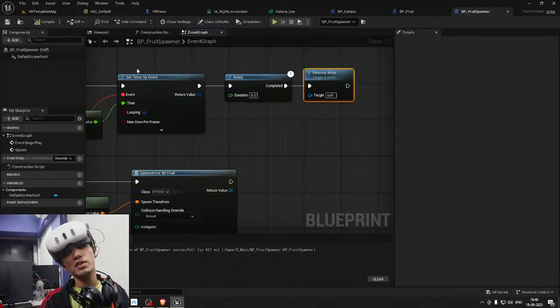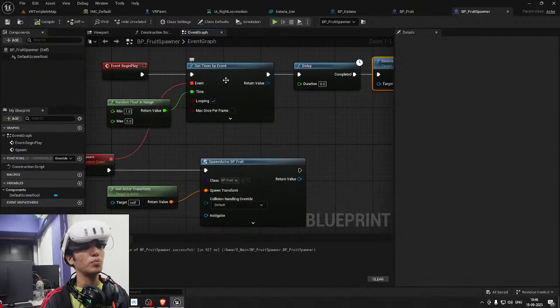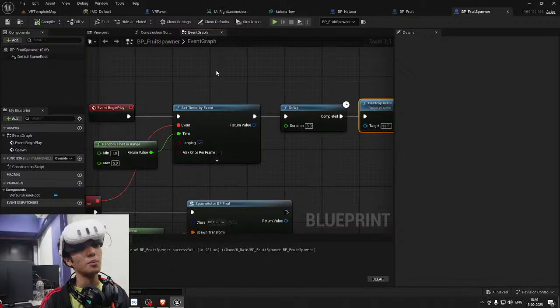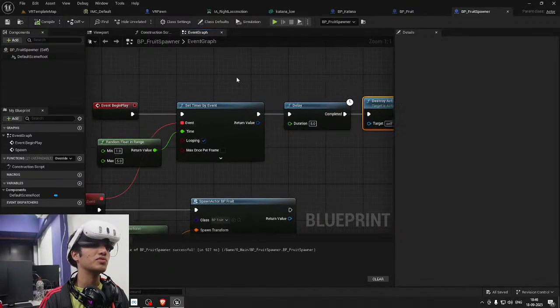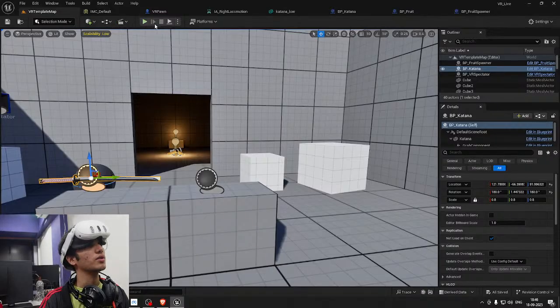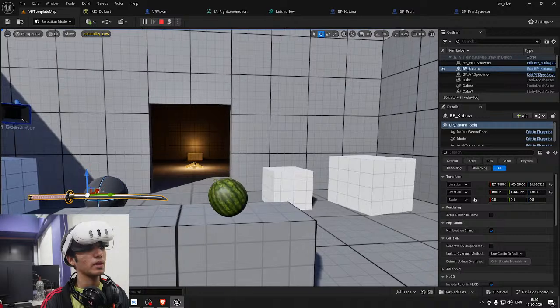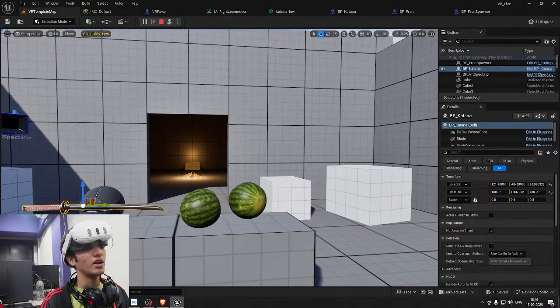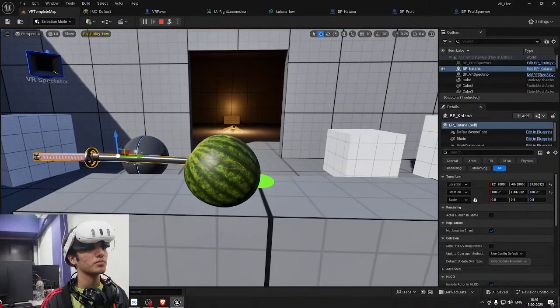The reason why we are spawning and destroying every time and are not using pooling for this is our meshes are dividing, so we need a fresh mesh. For that, we are going to use spawn actor from class. So every time I play, it spawns, and after 8 seconds, wow, after 8 seconds,